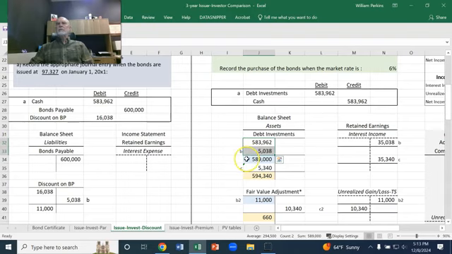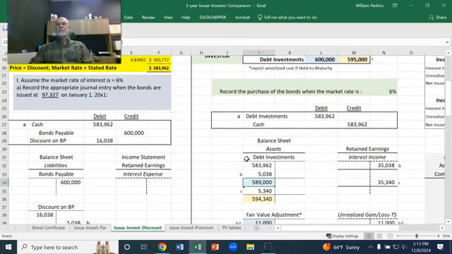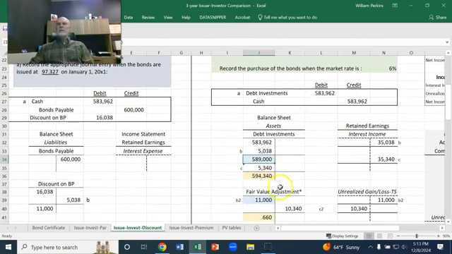So at the end of the first year, the amortized cost is $589,000. The market value at the end of the first year is $600,000. So we need to add $11,000. Notice in the blue, $11,000 to bring that carrying value up to $600,000. When we debit the fair value adjustment account, we're going to credit an unrealized gain